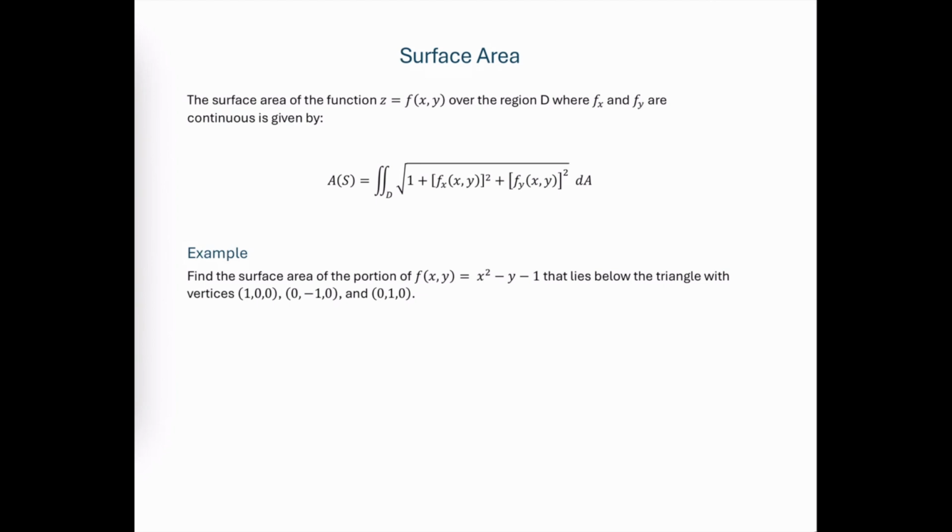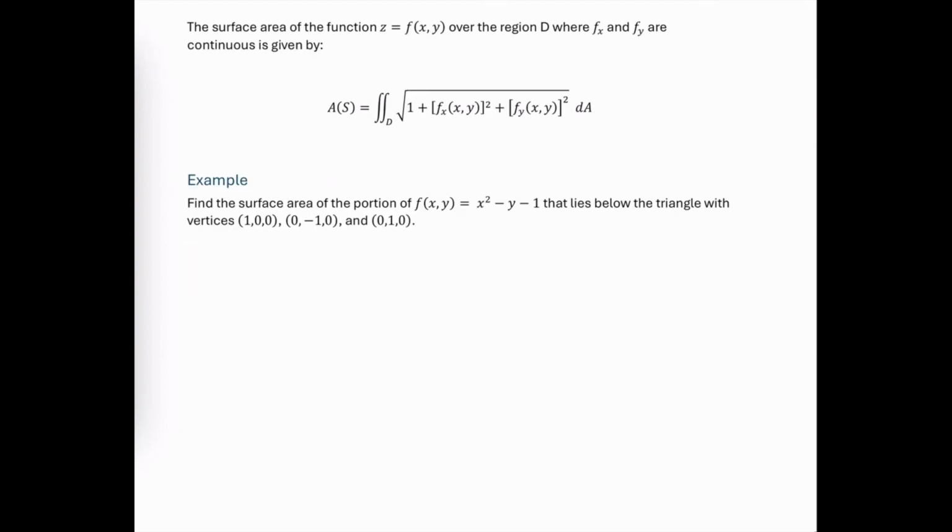Find the surface area of the portion of the function f(x,y) = x squared minus y minus 1 that lies below the triangle in the xy coordinate plane, where these are the vertices of that triangle. In order to find this surface area, we're going to use the formula which involves a double integral over that